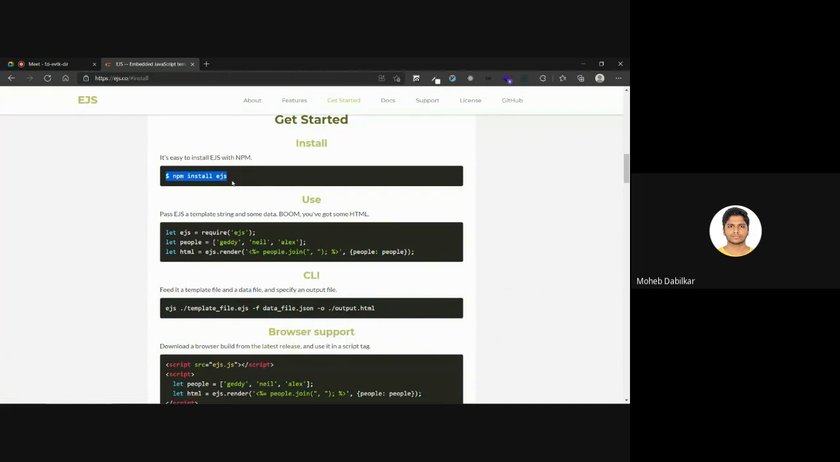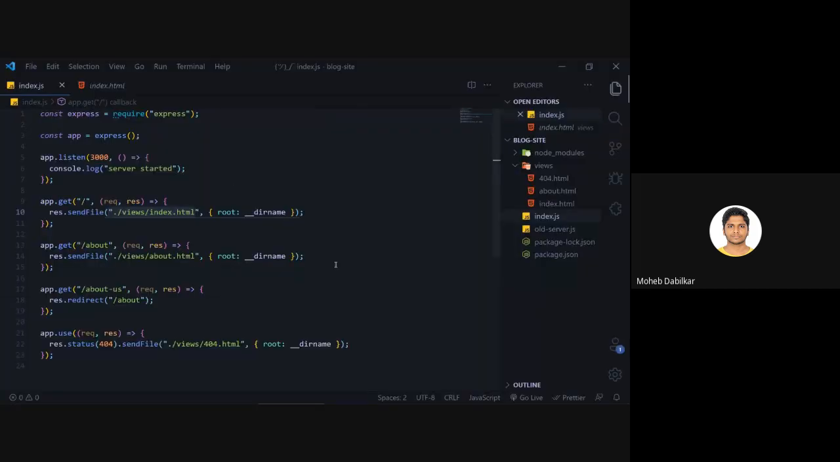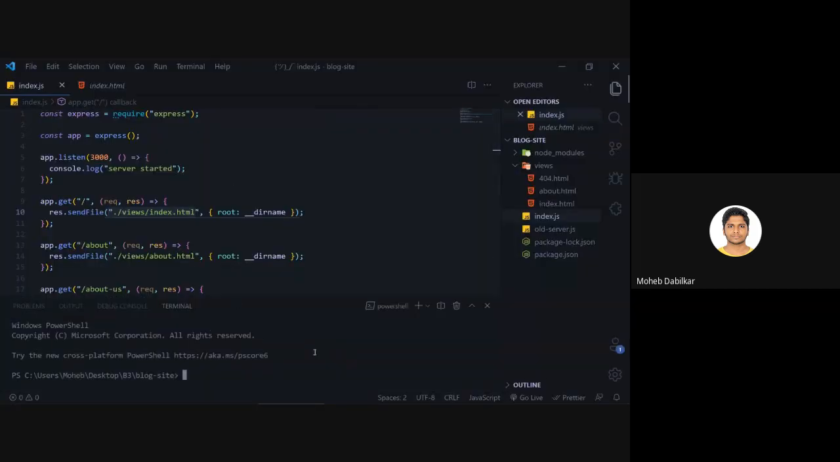So we'll say npm install EJS. So the first thing that we'll do is npm i ejs. Okay, so that once that is installed,